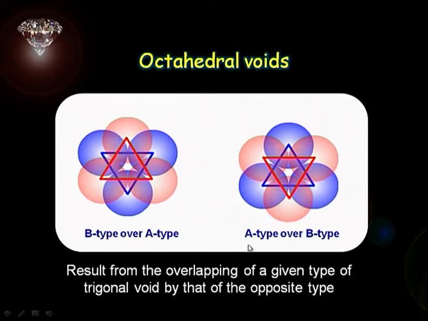Similarly, in this case I have got an A type trigonal void covering the B type trigonal void, and here again I am getting an octahedral void. So, that means if you have an atom in this void here, it will be in touch with 6 spheres. What you see is that if you have a trigonal void and suppose one atom comes and sits on that,